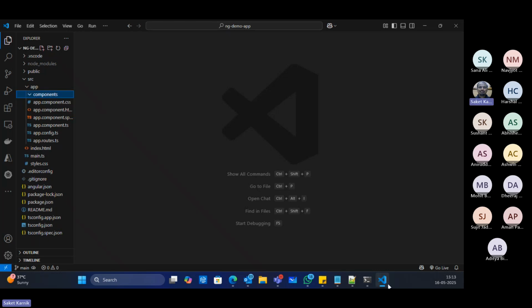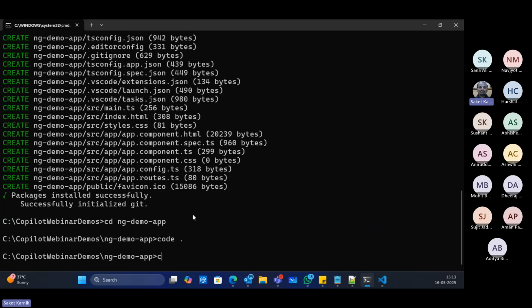I can get this generated from here also. I can say ng g c test component.